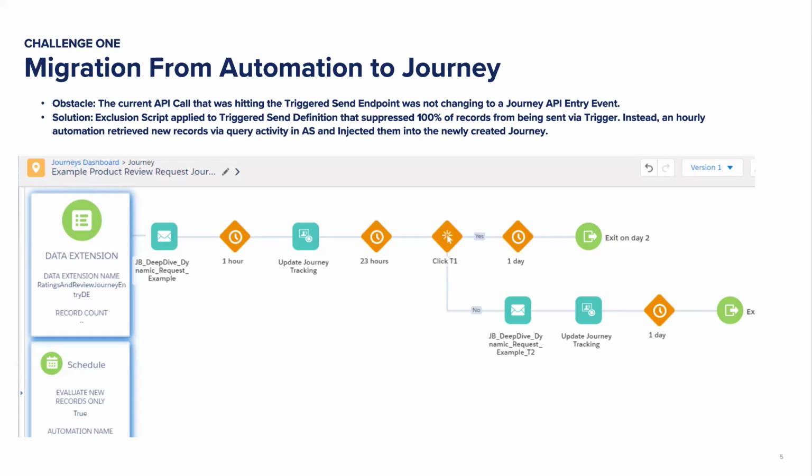Problem 2, and this isn't an extraordinary problem, but it was something that we had to solve for, is the triggered send as it currently sat. It made an API call to a data extension, and inside of that data extension, when we migrated, was an XML payload. So we had an attribute or field in the data extension called XML payload, and inside of the body of the email